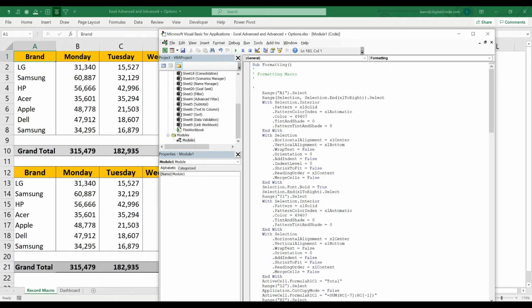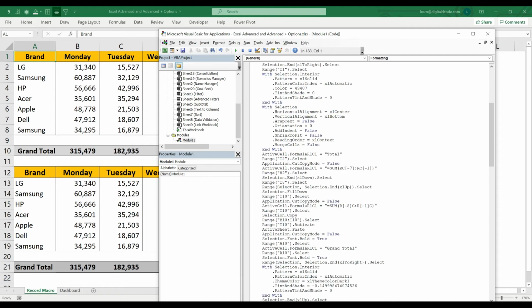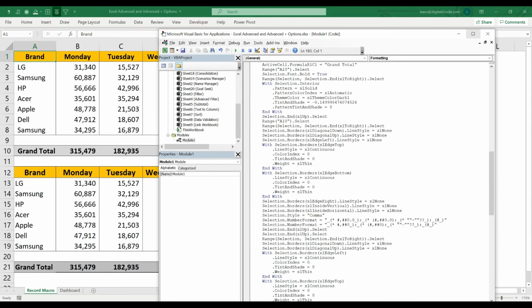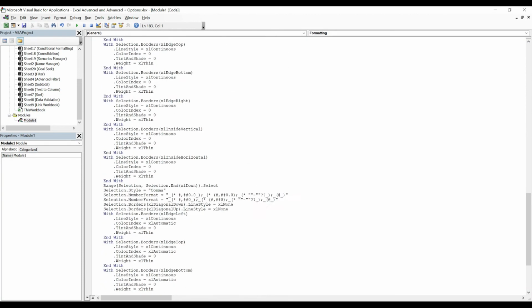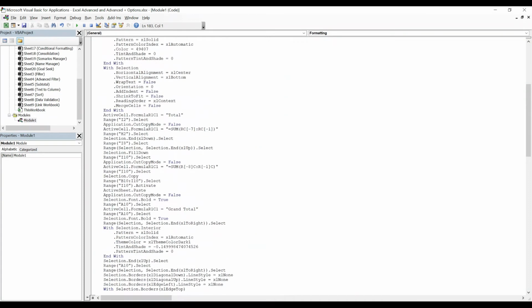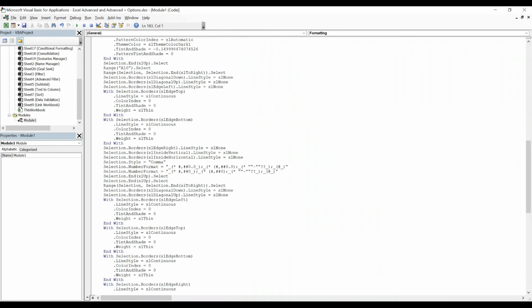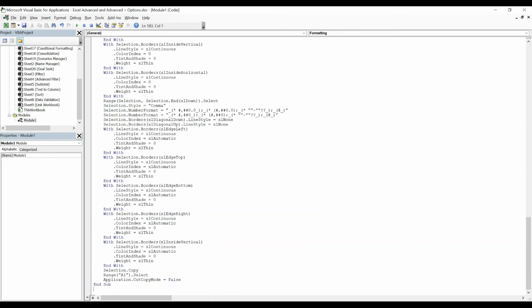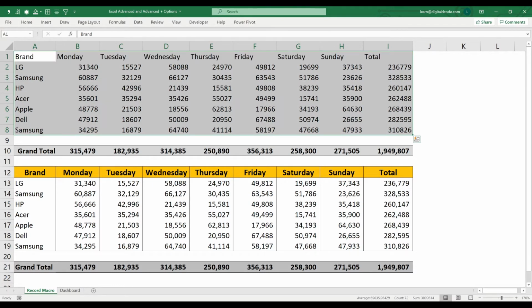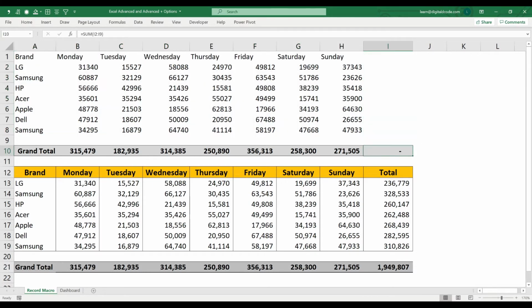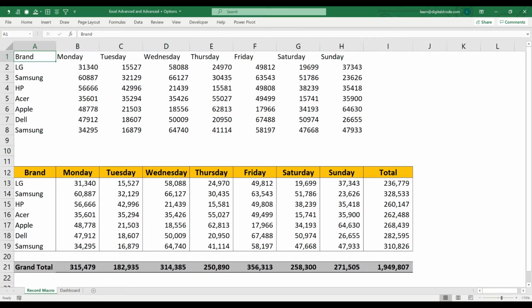Double click. So here you can see the coding, whatever coding you have done for the record macro. So these are the coding. It's going for almost 3 to 4 pages for the simple steps. So now the coding is already saved. So now I'm going to change the report to the previous look. Okay, I'll clear the format, I'll delete this, and I'll delete this. So this is my previous format.